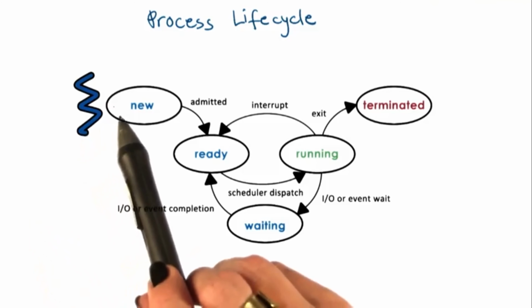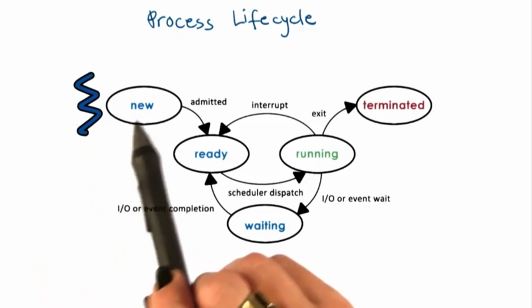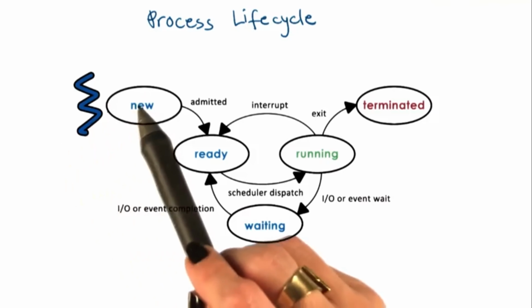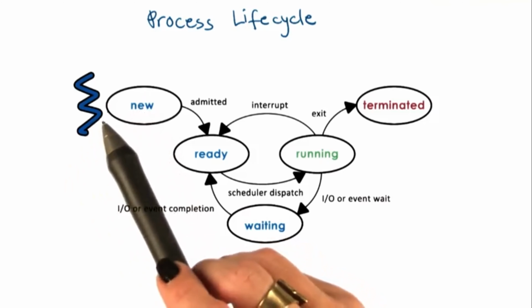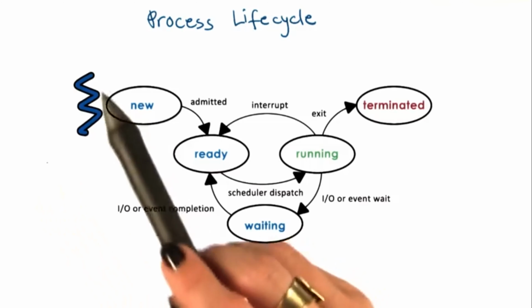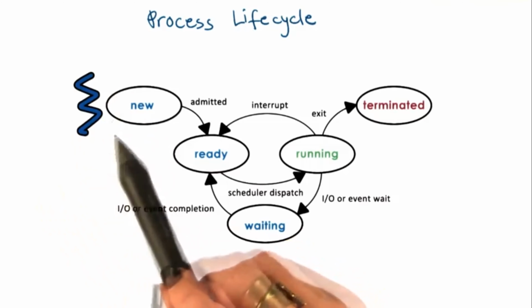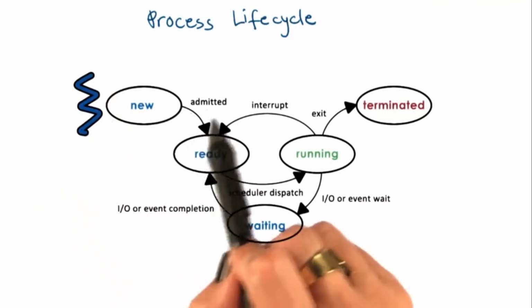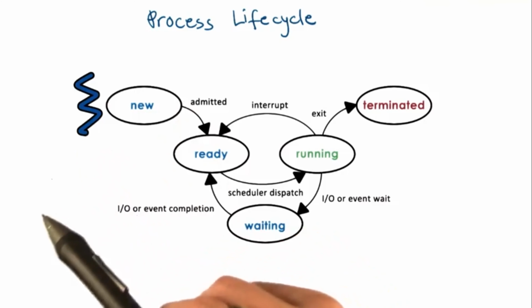Initially, when a process is created, it enters the new state. This is when the OS will perform admission control, and if it's determined that it's okay, the operating system will allocate and initiate a process control block and some initial resources for this process. Provided that there are some minimum available resources, the process is admitted, and at that point, it is ready to